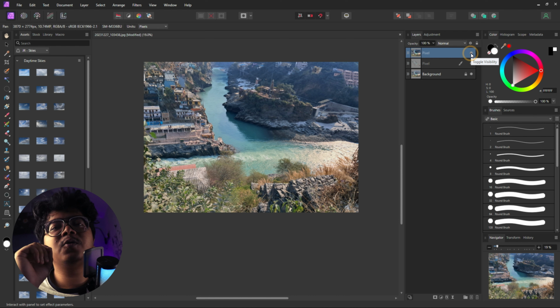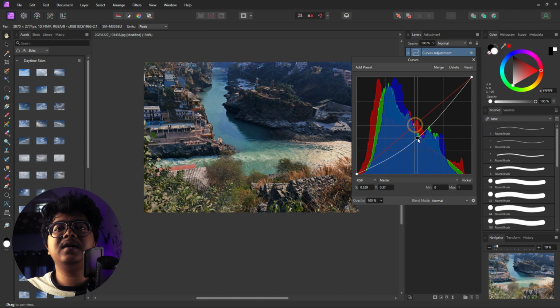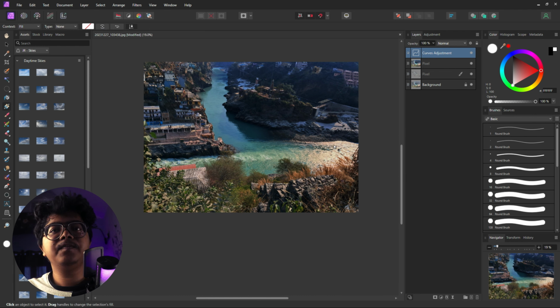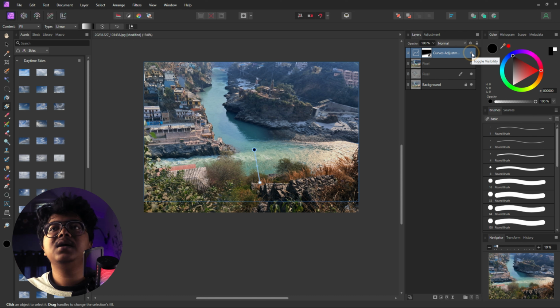The next thing we're going to do here is actually add some shadows to the image, and we'll do that by using curves. So press Control or Command M to create a curve adjustment panel and just bring down the midtones slightly. Pick the gradient tool, and from the bottom up create a gradient like that. That's it. So we got this beautiful foreground now with much richer color and much more contrast here in this